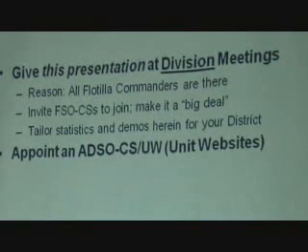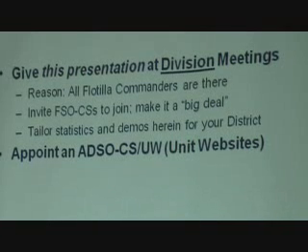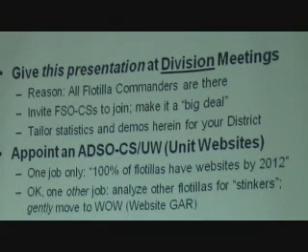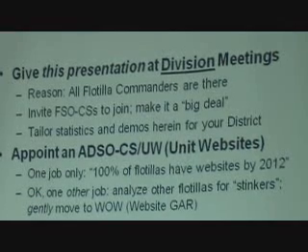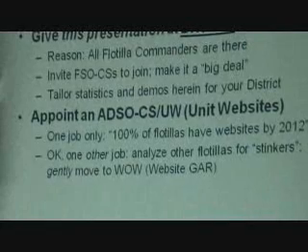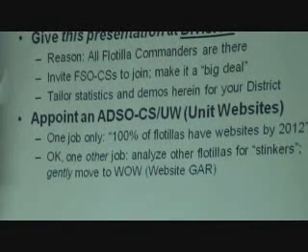You can do what I did, appoint an ADSO for unit websites and say your job is to make sure that these flotilla commanders and CS officers that are not technical know how to do this and get a site up and running that's credible and reflects on the auxiliary. And like I said, his job is 100% websites by 2012. He's got one other job, and that is he analyzes the other flotillas for stinkers. Because you want to get rid of the stinkers as well while you're going through this process. And you can gently move them to a WOW site. Now, I've seen something very interesting, and that is